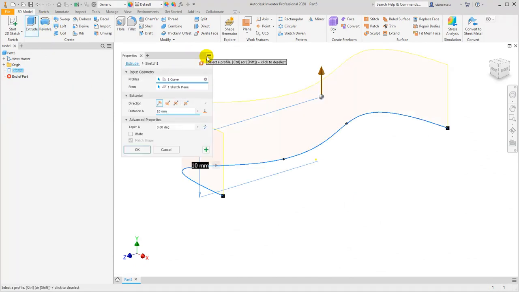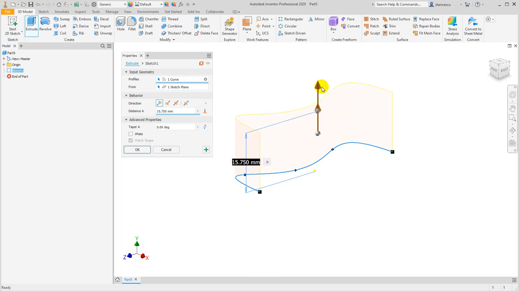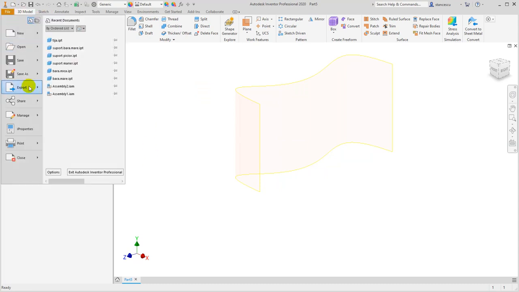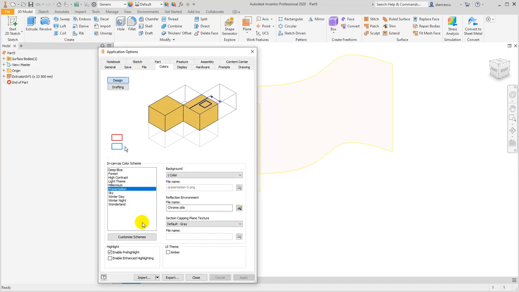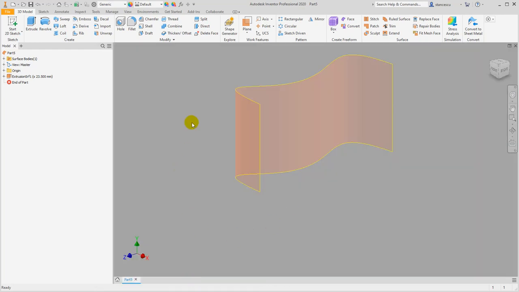You see, this was automatically selected because I don't have a closed contour. I make this so high. I change to C. In order to see here, I change the options with the winter night. Okay, and now